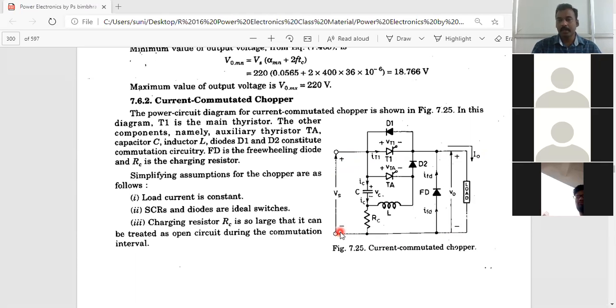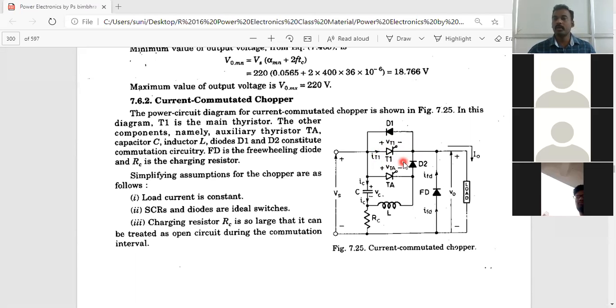But whenever the main thyristor is turned on, it remains continuously in conduction, as the DC potential is connected, the load current is continuous, and a forward voltage is applied across the device. So the device always remains in conduction. But when the device is completely in conduction, is it capable of giving a variable voltage? No.